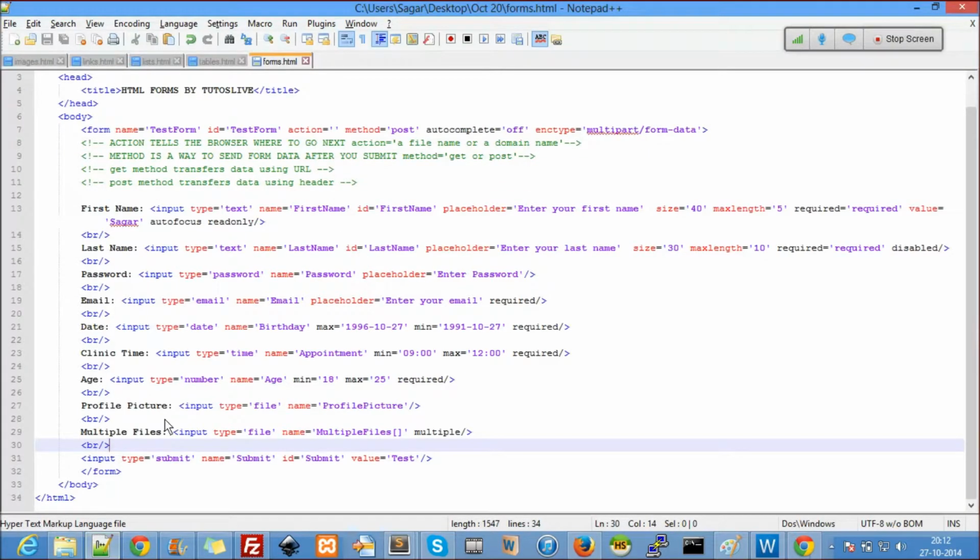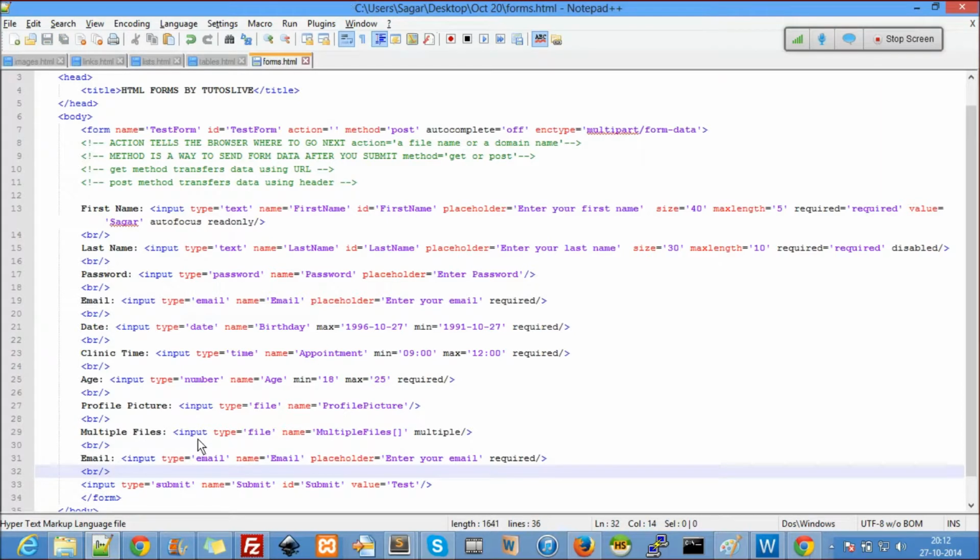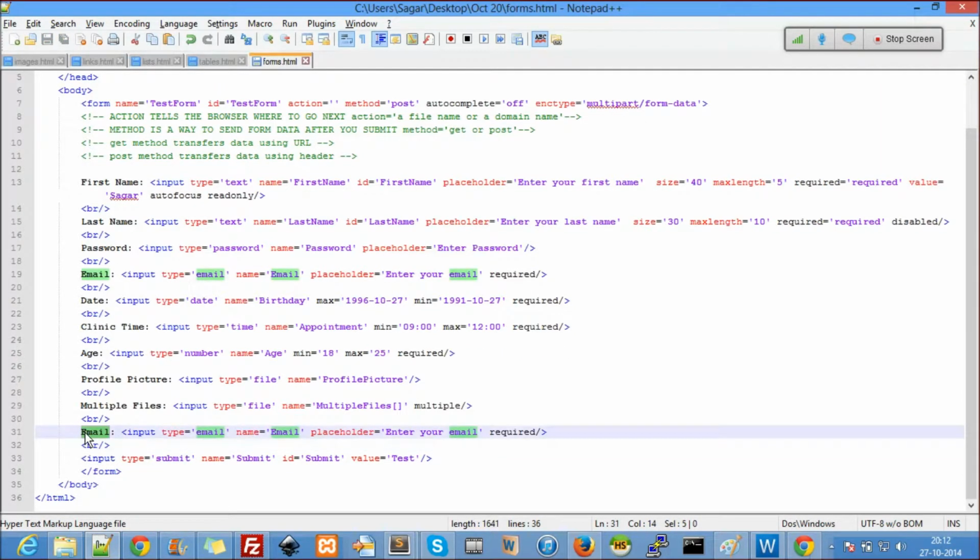Okay. So the next important thing is, let me copy email. Now here, gender. Okay, radio buttons. So always remember, if you are grouping radio buttons, they all should have the same name, and placeholder will not work for radio buttons.